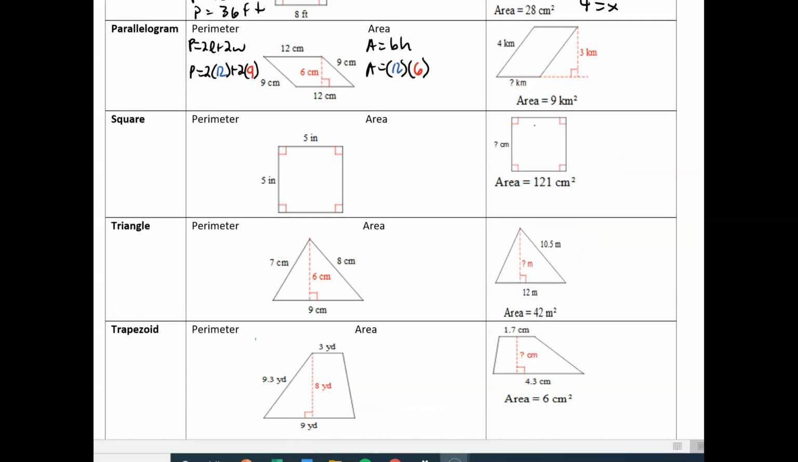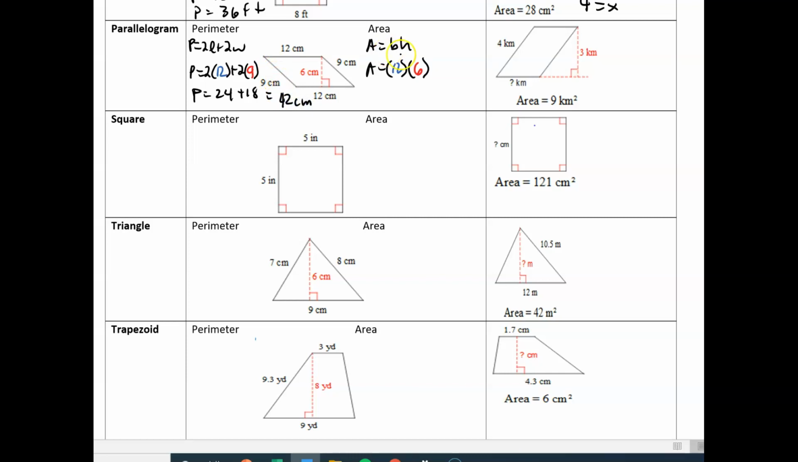For a parallelogram, we've got pretty much the same thing going on as a rectangle, right? 2L plus 2W, using just the outside numbers only when you're talking about perimeter, nothing on the inside. So in this case, we're going to get our perimeter equal to 24 plus 18, meaning that you have a perimeter of 42 centimeters,